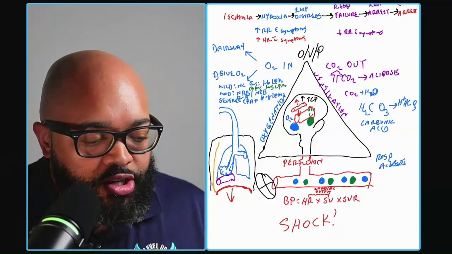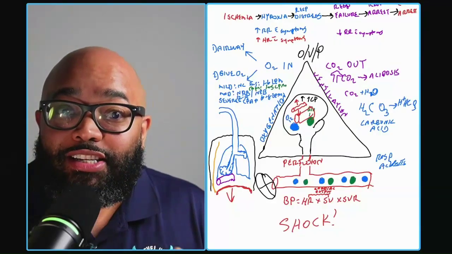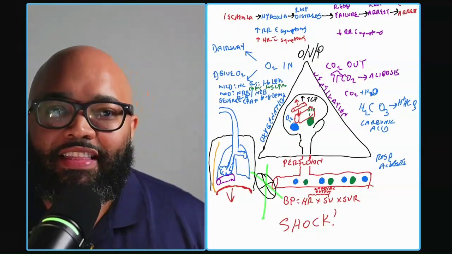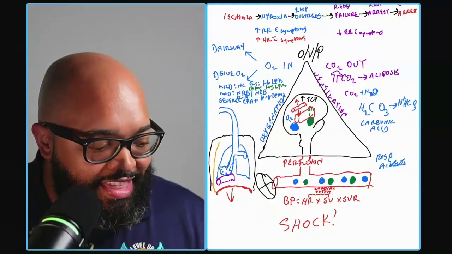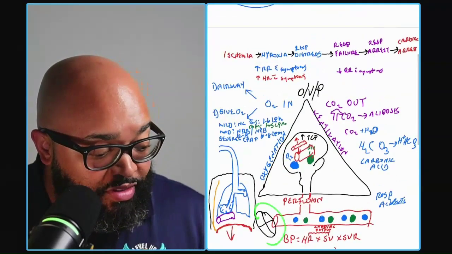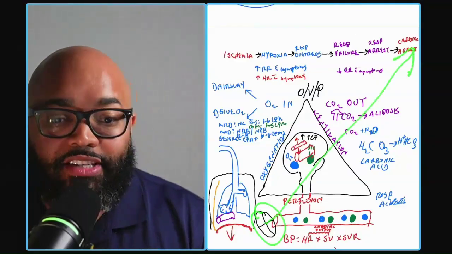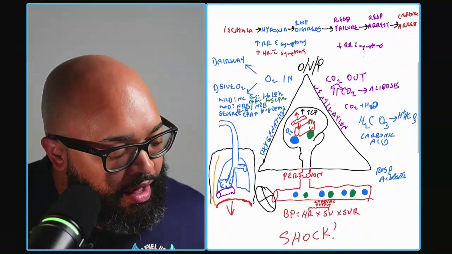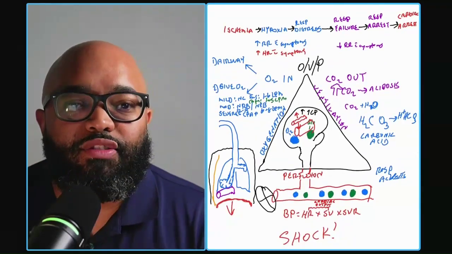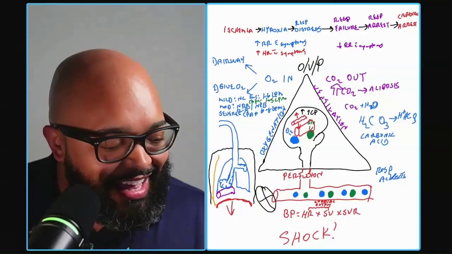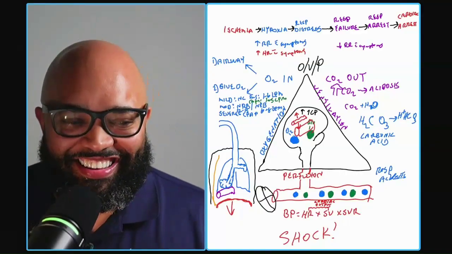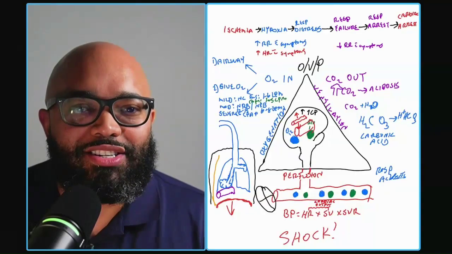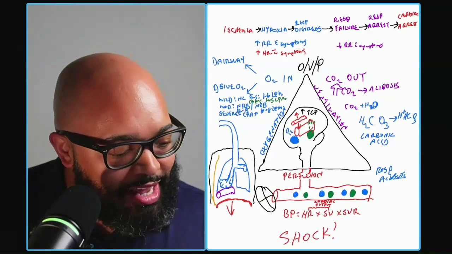Now, in the brain, the brain ultimately is going to get sleepy because of this acid. The heart is going to get irritated. That's going to lead to dysrhythmias. This is how one of these dysrhythmias can ultimately lead to cardiac arrest. Okay? Any questions about that so far? Is everybody still with me? Okay, any questions? Okay, let's keep going.